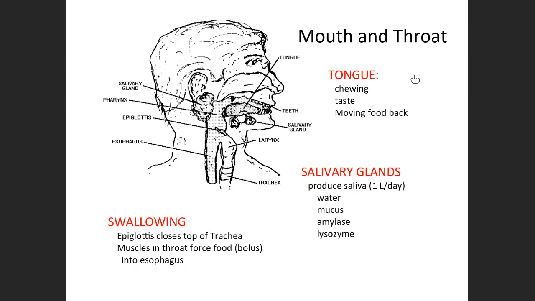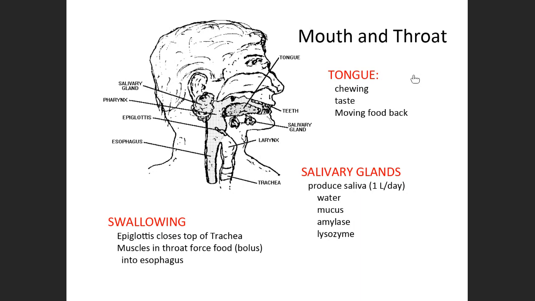Your tongue also helps to move the food back of your mouth as you chew it, and then finally the mushy chewed food will actually touch certain cells in the back of your throat, which will automatically cause your brain to make you swallow. You can't swallow if there's nothing to swallow. Right now you probably can swallow because there's saliva in your mouth, but if you tried to swallow 5 or 6 times in a row, and after your mouth gets kind of dry and empty, your brain will say, "What are you doing? There's nothing there." So it'll stop you from swallowing.